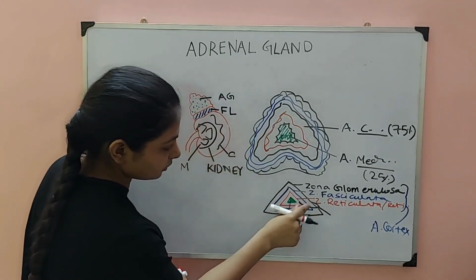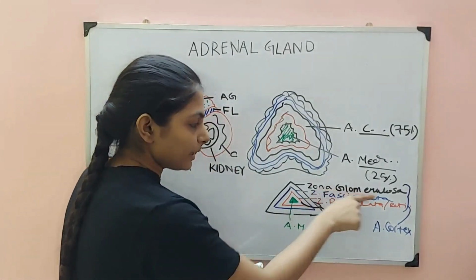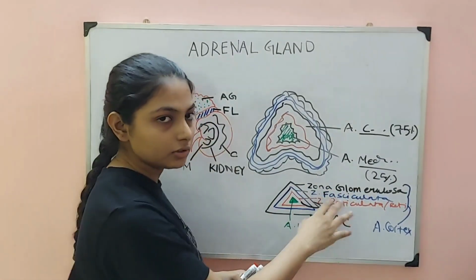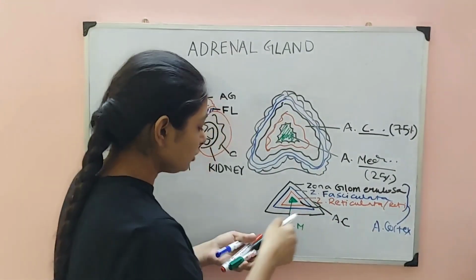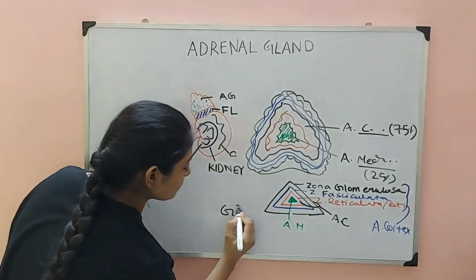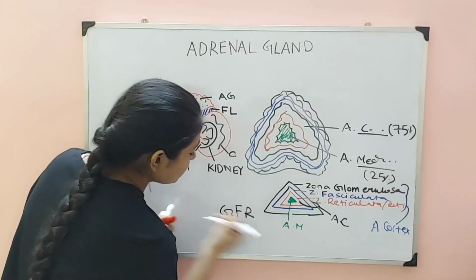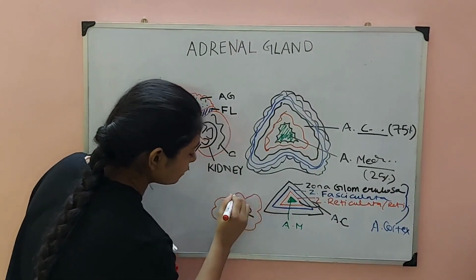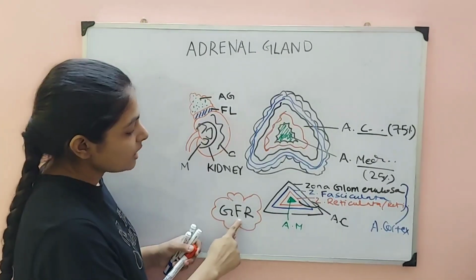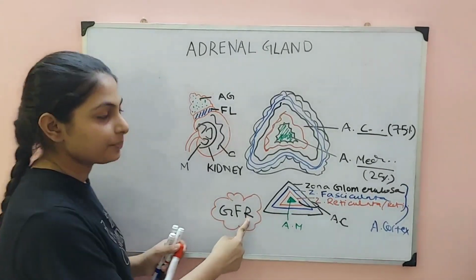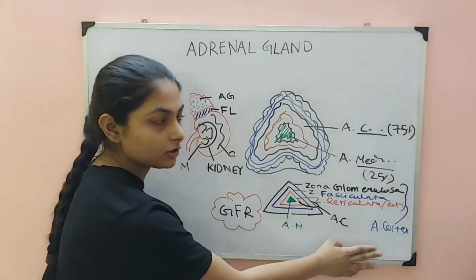So these 3 layers, this is adrenal cortex that comprises of glomerulosa, fasciculata and reticulata or the reticularis, and the inner one is adrenal medulla. Alright, so how you can remember this? GFR. You studied this in excretion chapter. GFR, the layers of adrenal cortex. G for glomerulosa, F for fasciculata, and R for reticularis. Alright, so GFR, this is a mnemonic for remembering the layers of adrenal cortex.